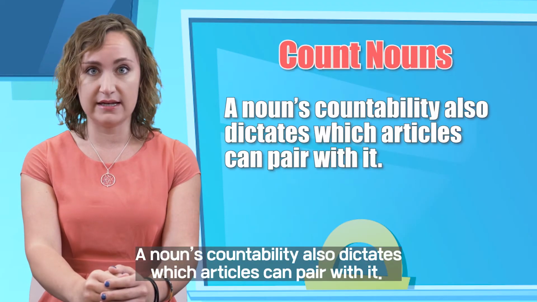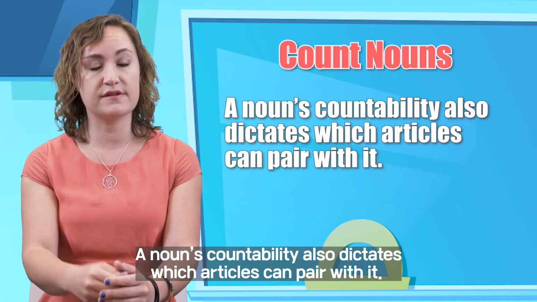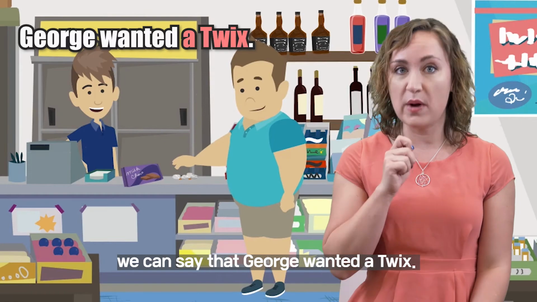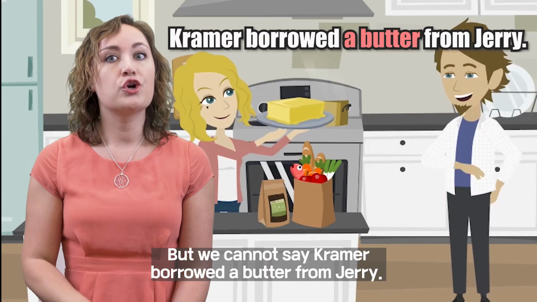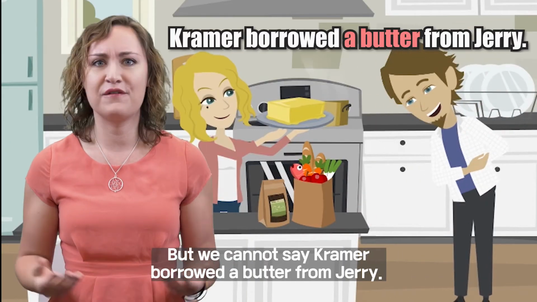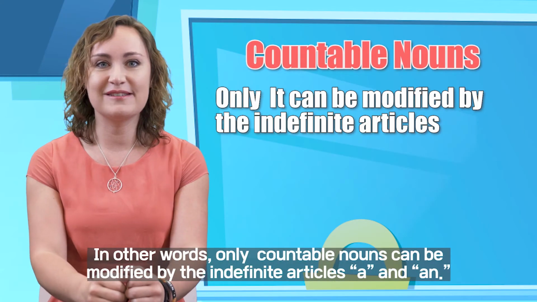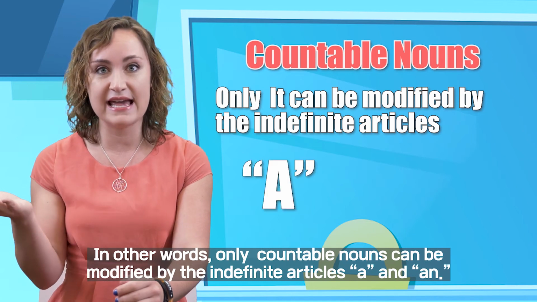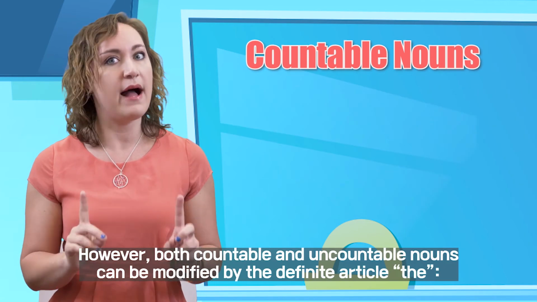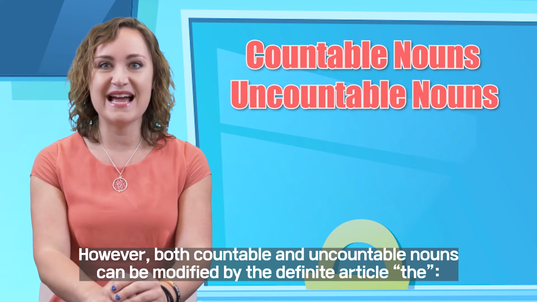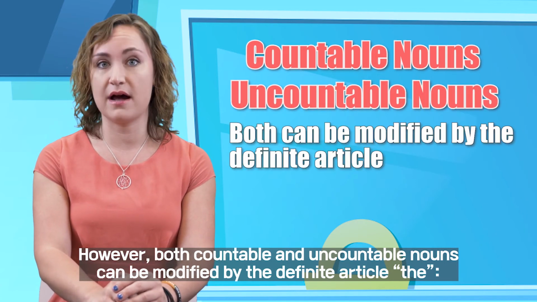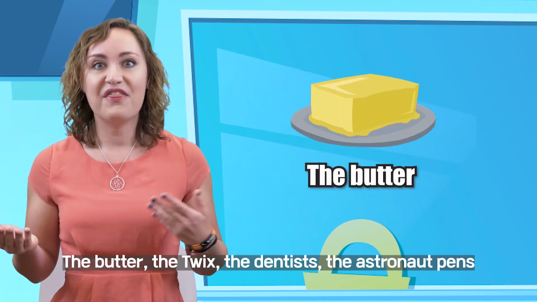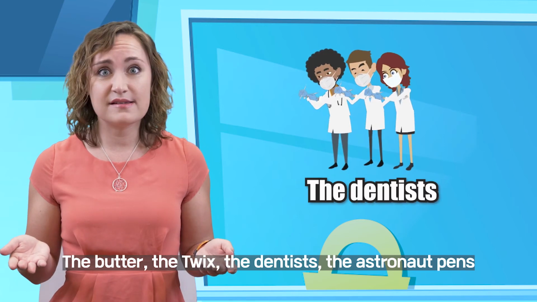A noun's countability also dictates which articles can pair with it. For instance, we can say that George wanted a Twix, but we cannot say Kramer borrowed a butter from Jerry. In other words, only countable nouns can be modified by the indefinite articles a and an. However, both countable and uncountable nouns can be modified by the definite article: the butter, the Twix, the dentists, the